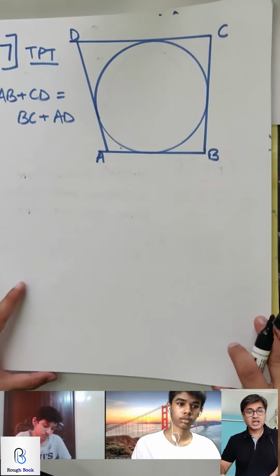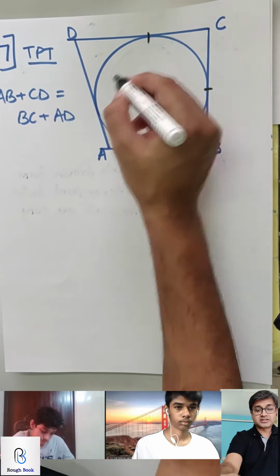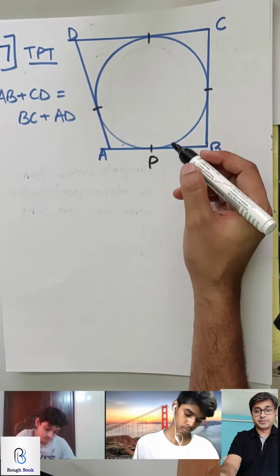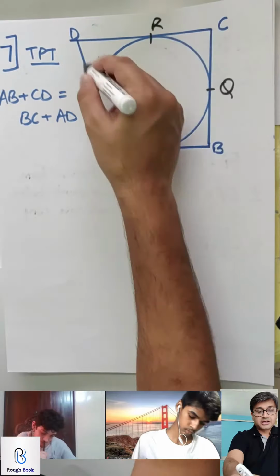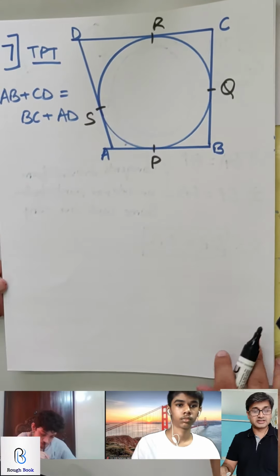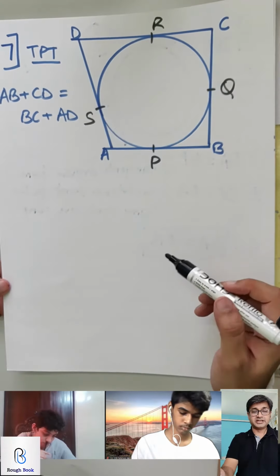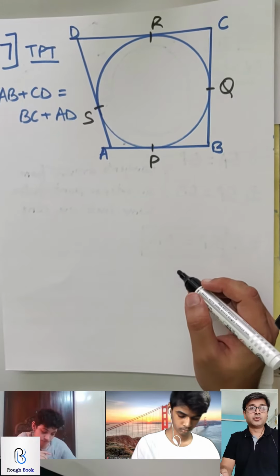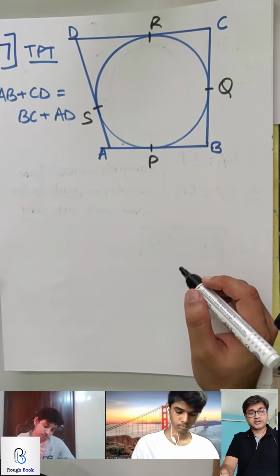Sum number 7. 7 is a very good question. So before you start, all the points where the circle is touching the quadrilateral, name it. So AB, we will name it as P, BC, Q, CD, R, and AD as S. So both of you all know exactly what I have marked it as. Now your target is to prove AB plus CD equals to BC plus AD. So the opposite sides' sum is equal is what you need to prove. Any of you would like to try? Manya or Kainush? Okay, I'll give you the hint.